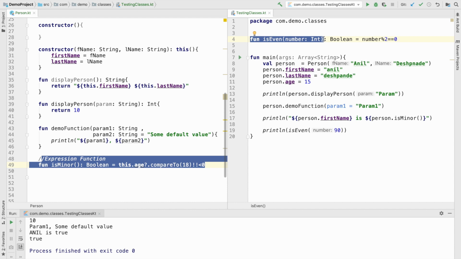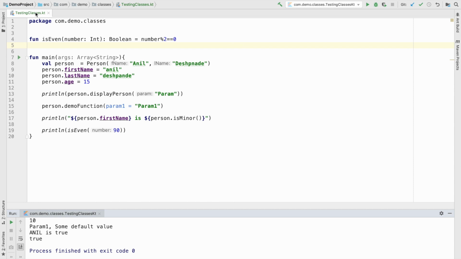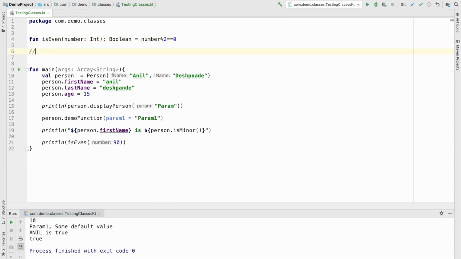In this way, you can reduce the overall number of lines you have to write to define a function. And that is where you will start seeing the meaning behind it when somebody says Kotlin is not as ceremonial as Java. Another concept that I want to introduce in this video is the concept of variable arguments to a function.